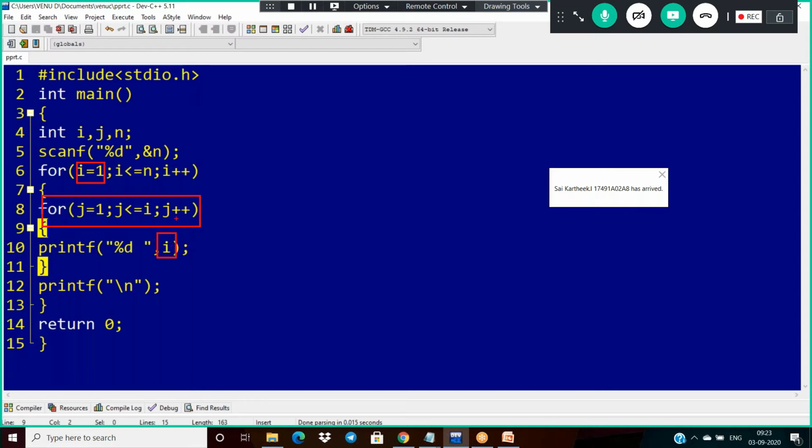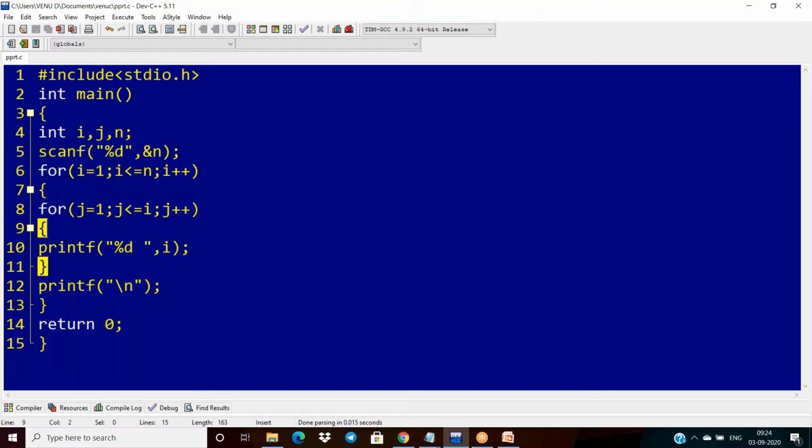This is for printing the number. So what are we printing? We are printing the I value. That means three times it will print. Next four times, the value is I only. Okay, so correct. Harika is saying to use I in the place of J in print. Yes, correct.